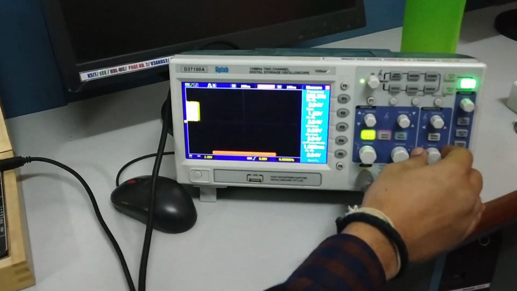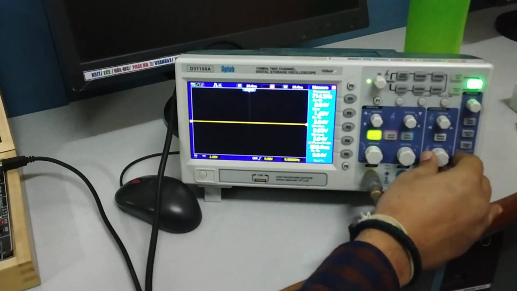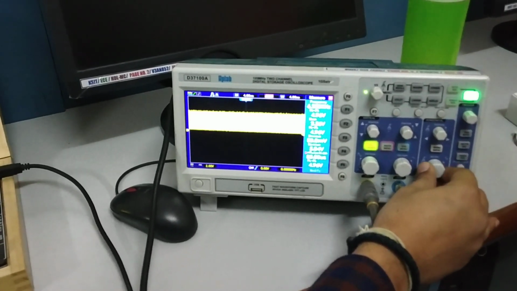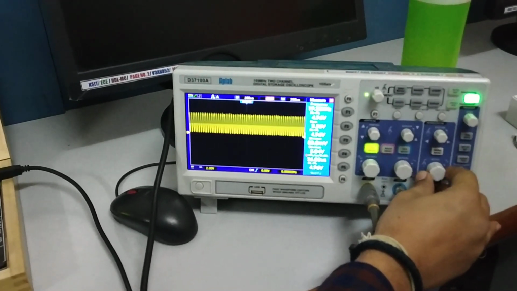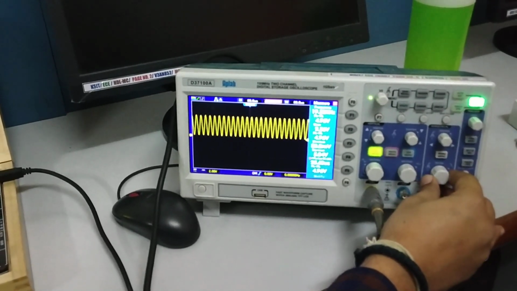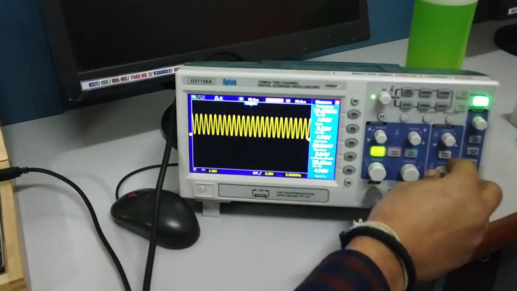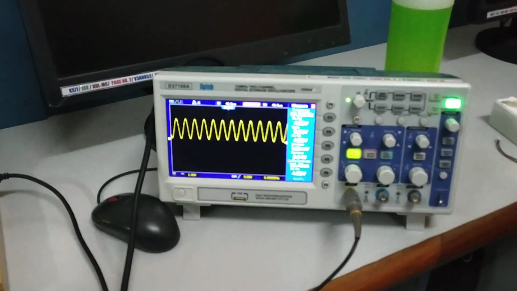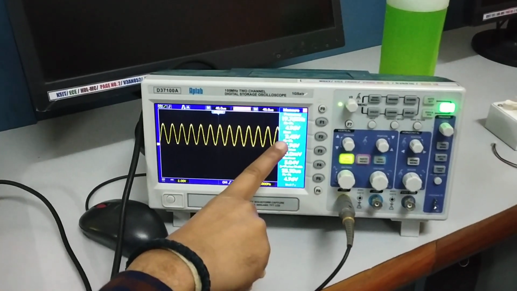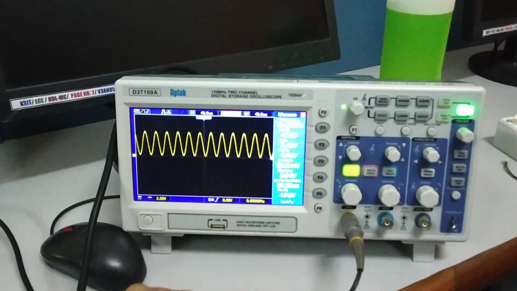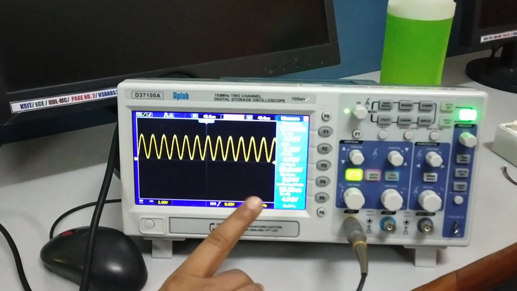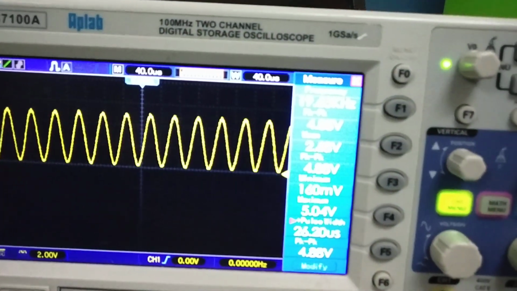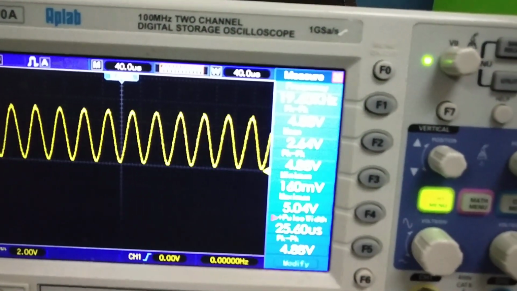This is the sine wave, of nearly 20 kilohertz. You can see that 19.5, 19.7, it is varying between that. So it's approximately 20 kilohertz.